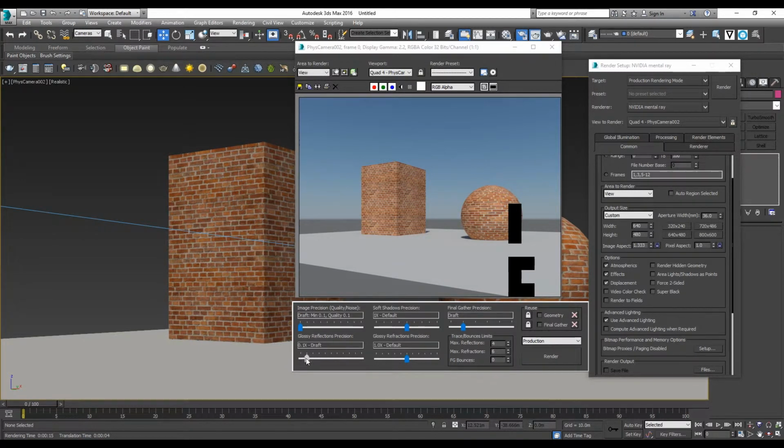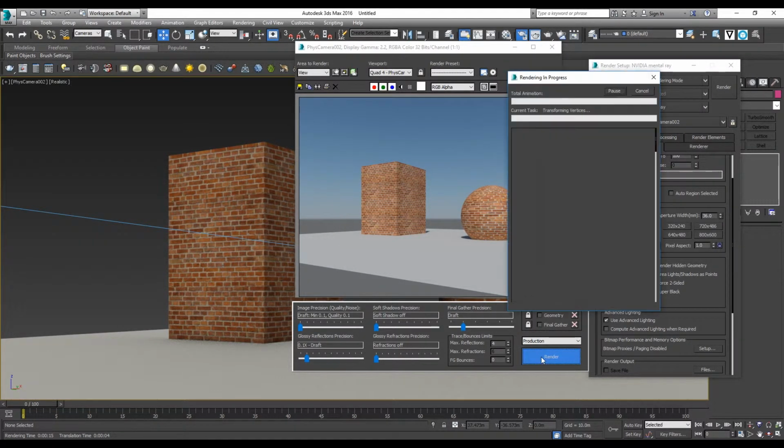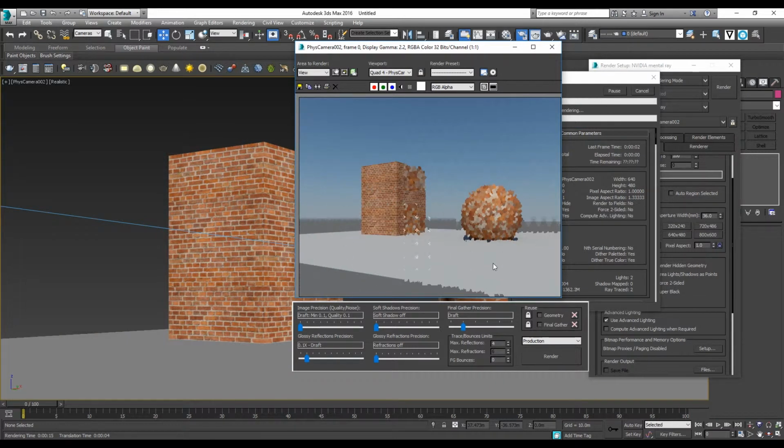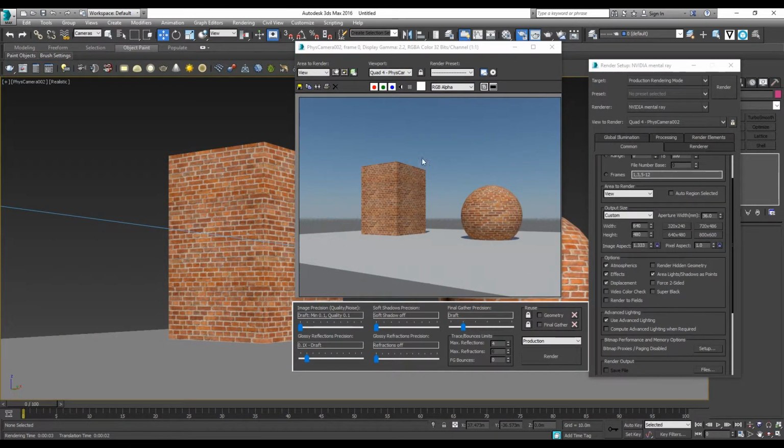Adjust everything to draft or off for the shadow and reflection, because they cost a lot of time if you just want a preview, and it will run for a few hours if you have them on a very high setting. So you click Render again, it will become a lot faster